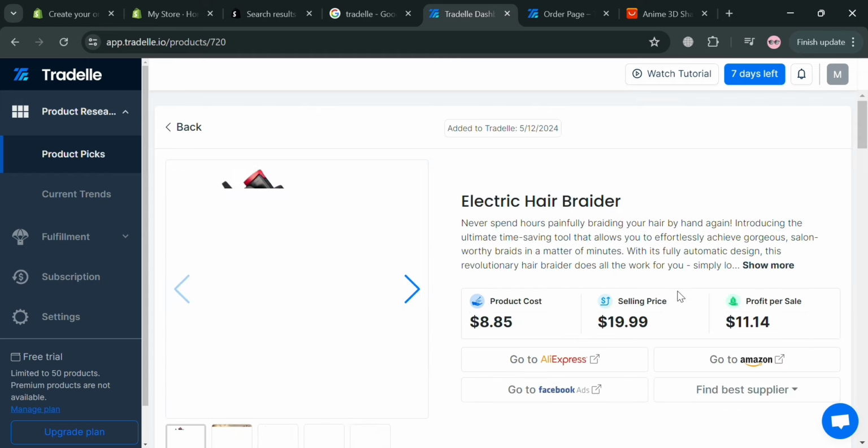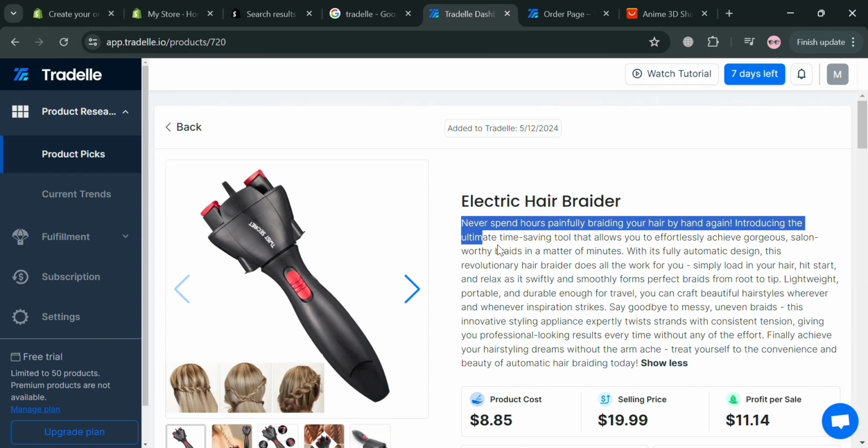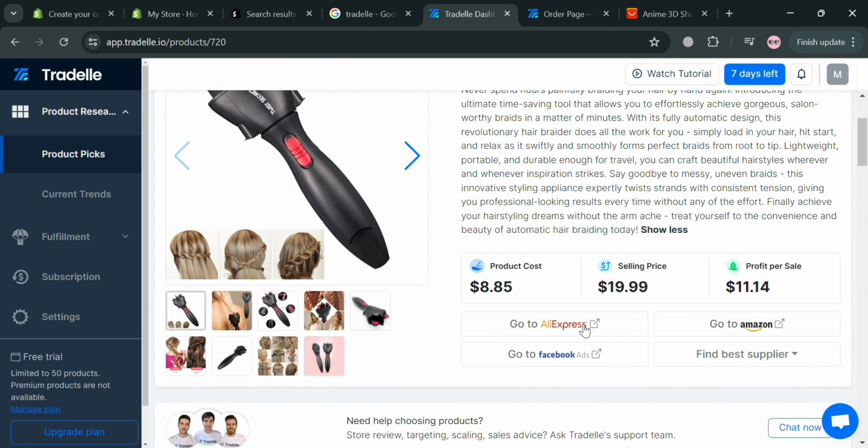And now by simply clicking the Show Details button below here, we will be directed to this page, in which we'll be able to see the image of this product and the description of it, which we can simply copy and paste to our Shopify online store. And as you can see in here, we will have approximately a profit of $11.14 US,